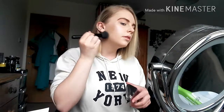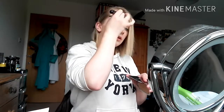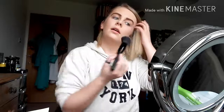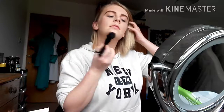And then just up the side a little bit, and then just a little bit more, and then just the side of my forehead and temple. Also I'm going to blend it out and everything better, and then just a little bit more, dab it off, and then just the other side of my face under my highlighter in the hollow of my cheek, the left side of my jawline, and up the side of my face a little bit, and just underneath my chin